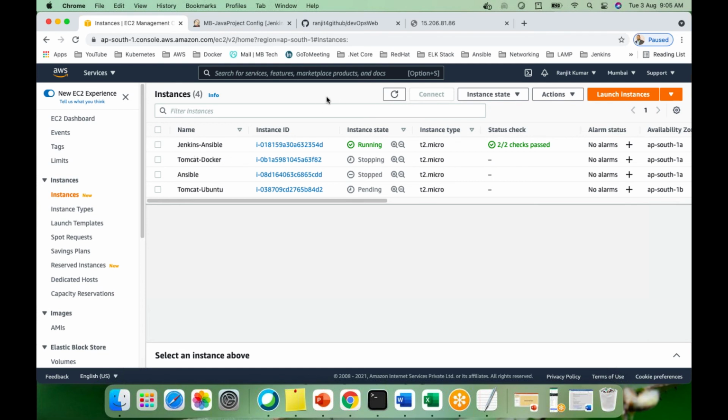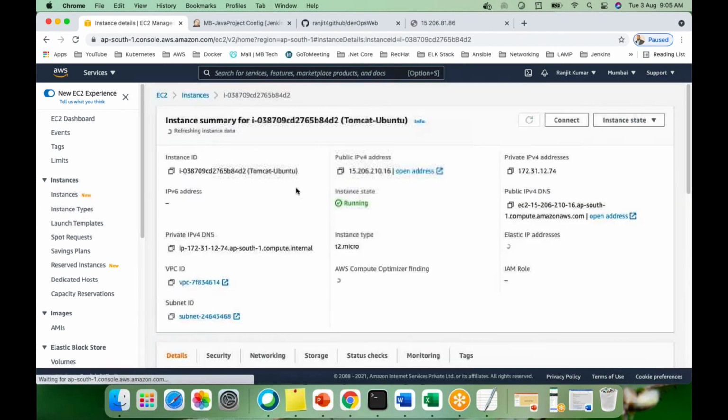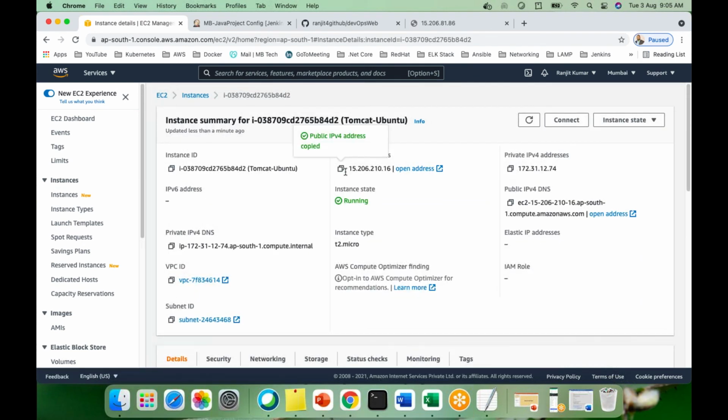While setting up these servers, you have to struggle a lot to do all these setups, server setups, connectivity setups, and all these things. It's better that you know how to do the setups. So suppose I create the Tomcat server, and here let me log into this Ubuntu machine. I got the IP address